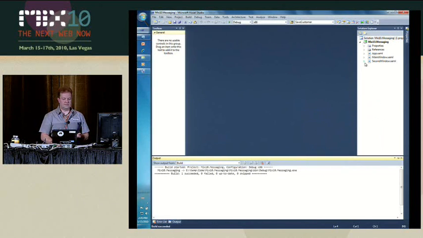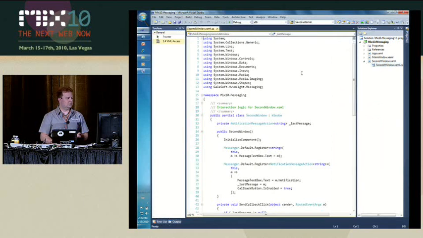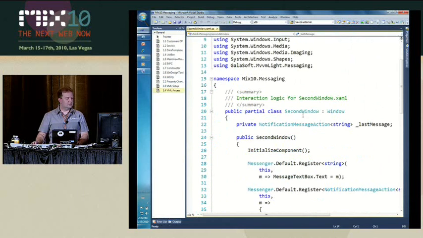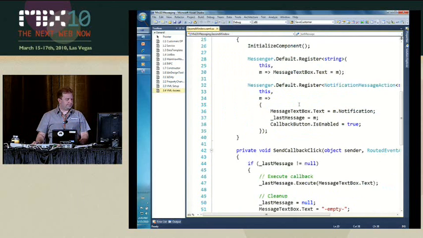Well, first of all, let's take a look at the recipient class. So this is a totally standard window in that case. Okay, the messenger doesn't actually have anything to do with MVVM. I can use that in any type of application. But in MVVM, it helps you in certain scenarios. Okay? So again, no confusion. Messenger, relay commands, those are actually helpers. So now,